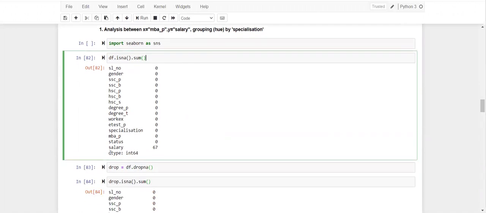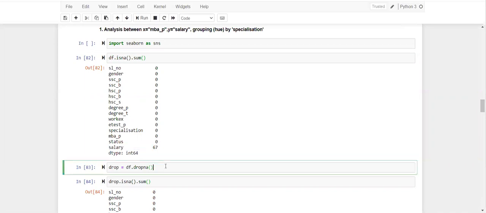If you see, I have 67 not applicable values for salary. This might be because there were some students who were not placed. Obviously, for those who are not placed, we won't have any salary value, right? So that's what the 67 records are.